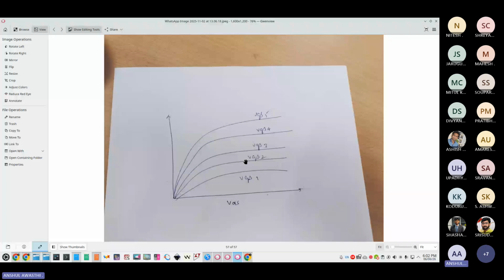If you know the regions of operation, below this VGS, this region is the cutoff region. And up to this it is the linear region. The current is increasing linearly as we are increasing the voltage. After this point, you can see that though we are increasing the VDS,